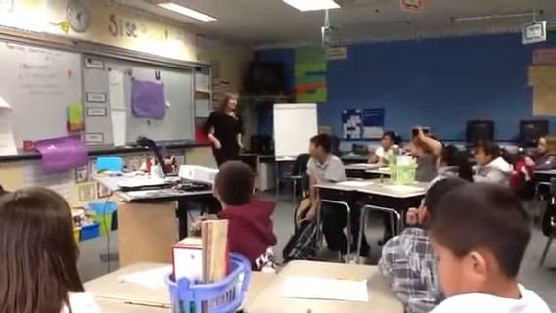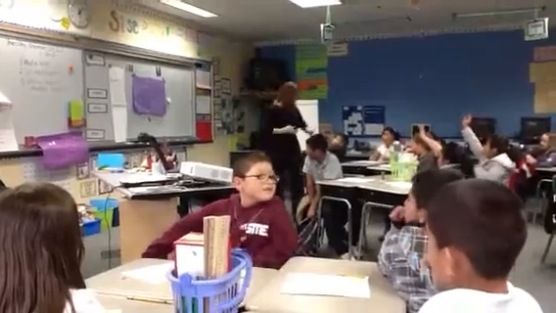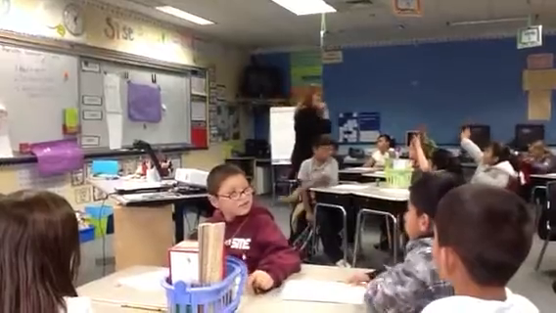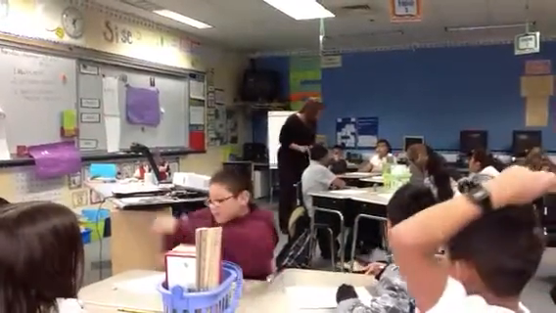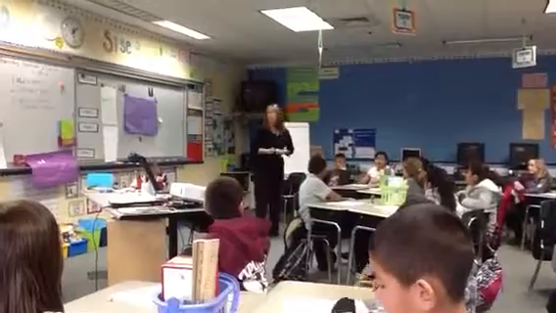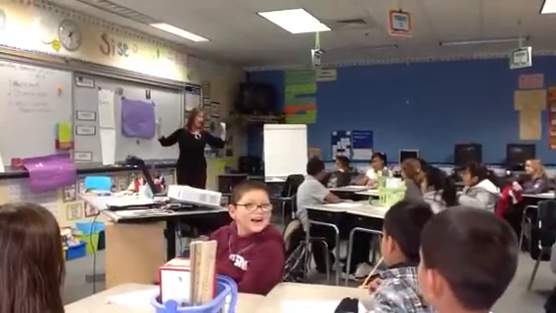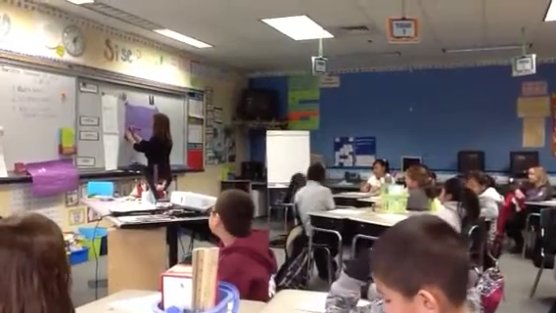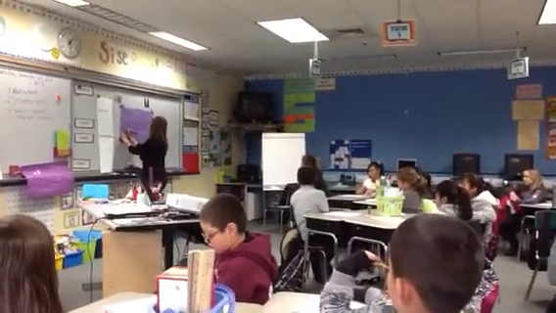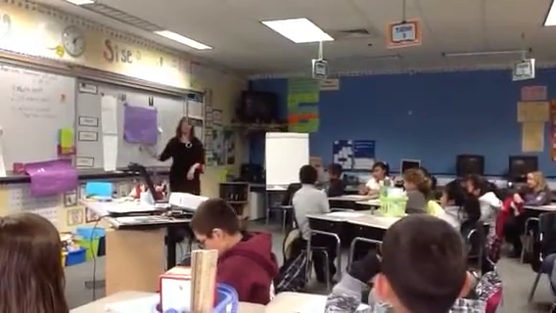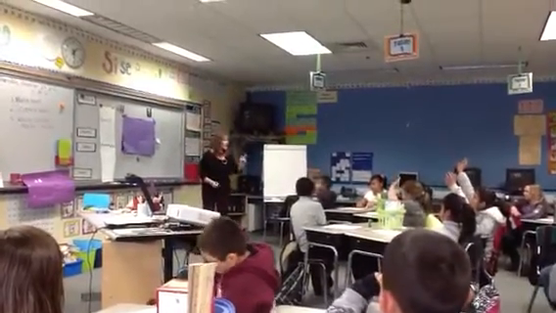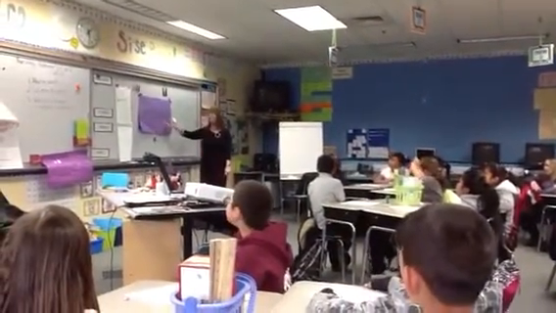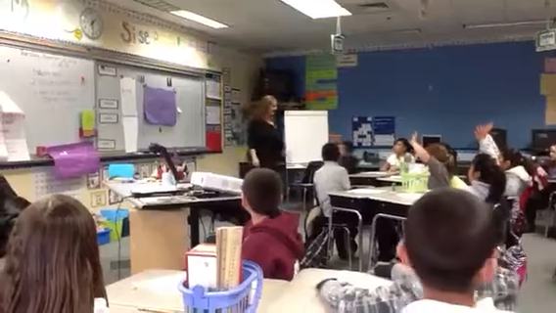Because it needs it to survive, so it's probably going to be happy that it's got food, right? It's food source. All right, I need to pick another ly word right here. Tell me your name. Alexis, what's your word? Bravely. Can you all do bravely? Bravely. Am I going to capitalize it? Yes. Why? Because it's the beginning of the sentence. Good job. All right. Ready to read it with me? Here we go. Bravely, the vampire bat feeds on the blood of an animal.